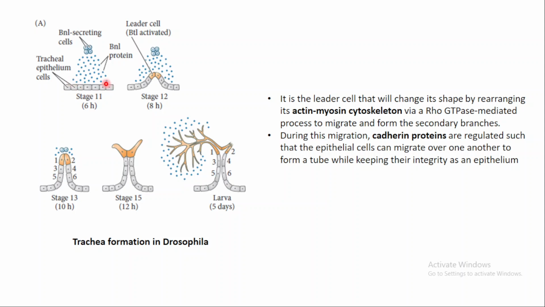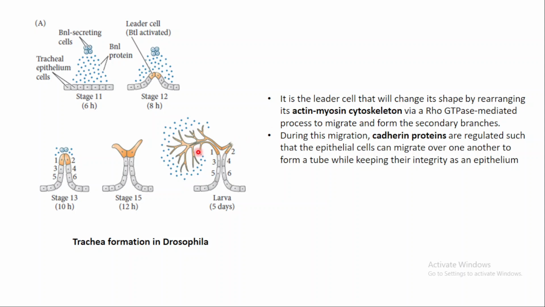So here in the first stage, stage 11, the lowest stage, we have tracheal epithelium cells which experience a secretory protein called BNL, or branchless protein. Some cells secrete this BNL protein. What this BNL protein would do is activate some cells in the tracheal epithelium called the leader cells. Leader cells are basically those cells which respond the earliest to the branchless protein, and under the influence of this branchless protein, the leader cell will now undergo